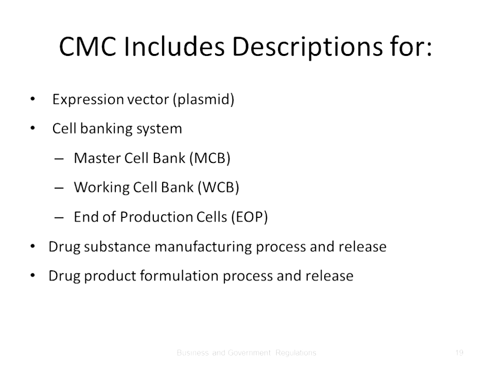All right. So what does the CMC for biologicals contain? Well, it contains a description of the expression vector. For bacteria, it would be the plasmid. For animal cells, it would be the viral vector that you are using. And of course,